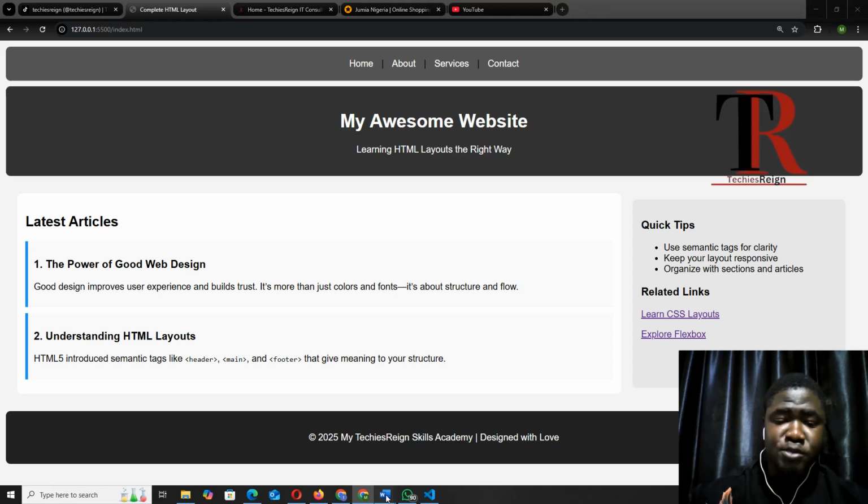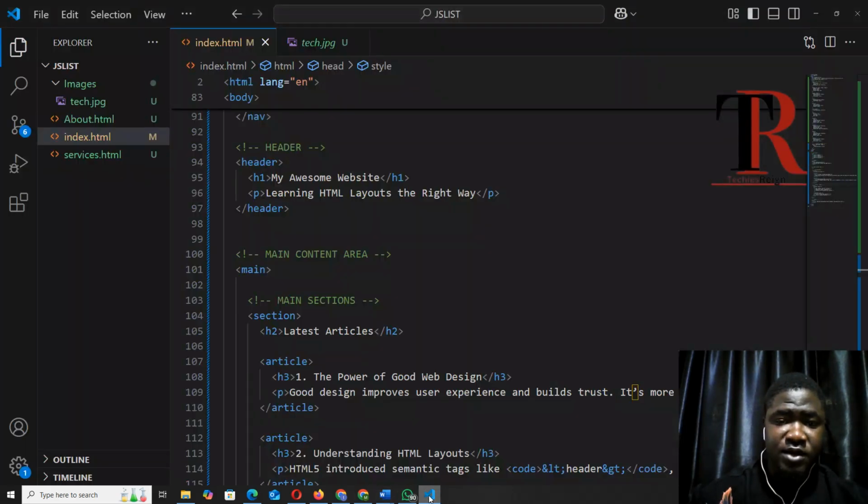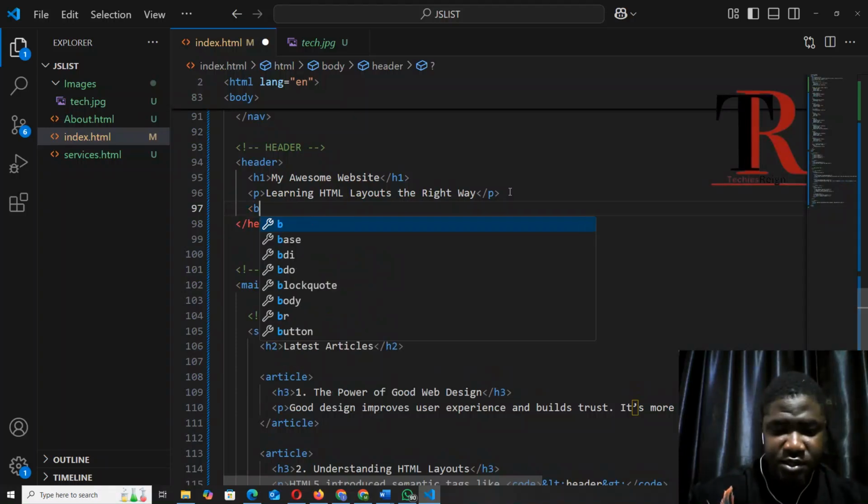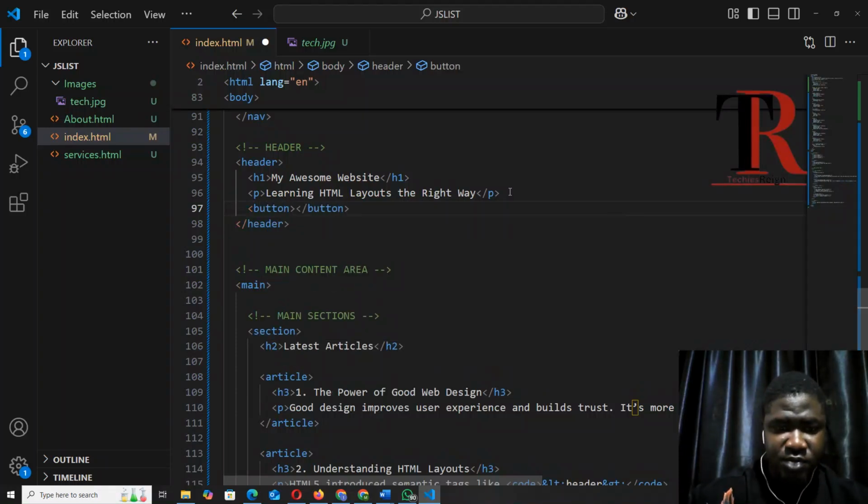So we can try to add a button there, okay, and try to add a button under that, just inside. Okay, this is what is here. So we can try to add a button here. You can say button, okay. We can just say get started,